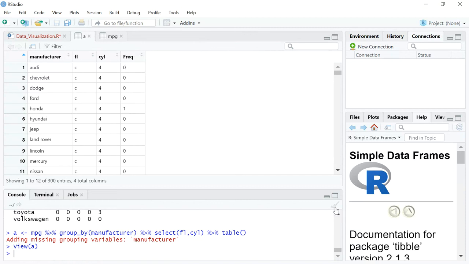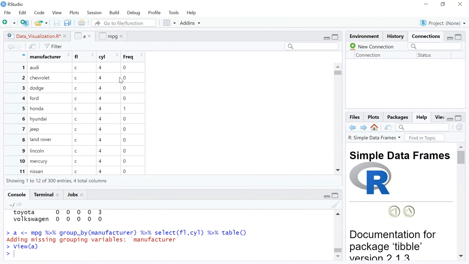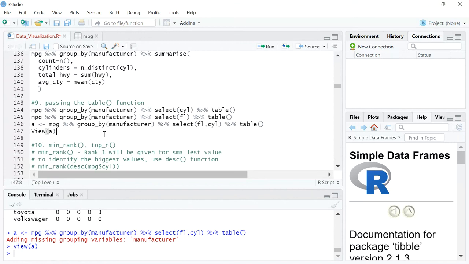If I want the same view, what I need to do is simply export it into Excel and then run a pivot, with frequencies in columns. So it will give me the same view. So that's a very quick way to use the table function if you want to understand distribution or count of all the different unique combinations inside a particular column. That's how you do it.